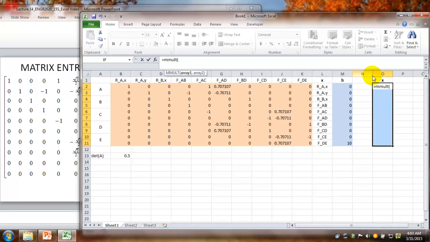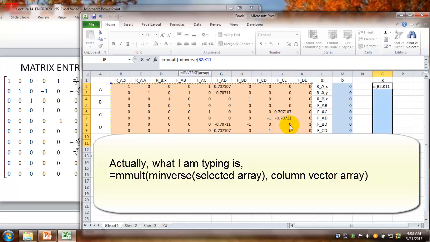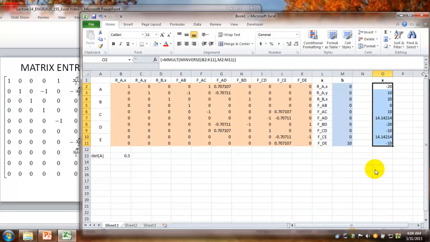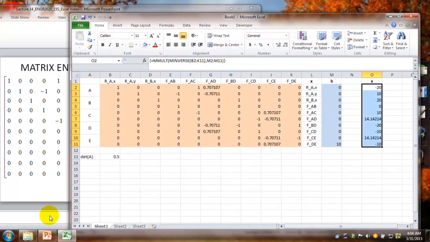So MMULT, and the inverse of this matrix, MINVERSE of matrix A, if you will, multiplied with the column vector B, and then press Shift Control Enter simultaneously, and voila, there we have it. So this is my result,